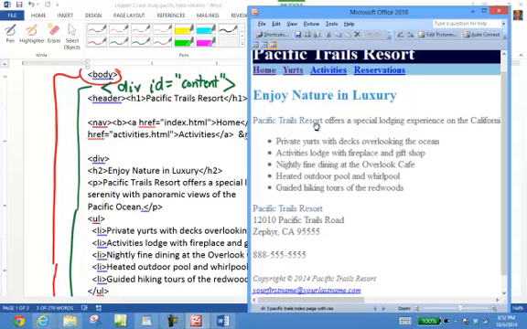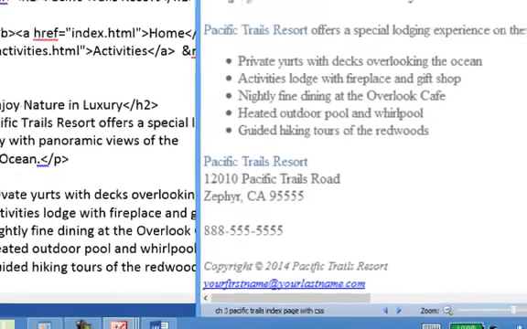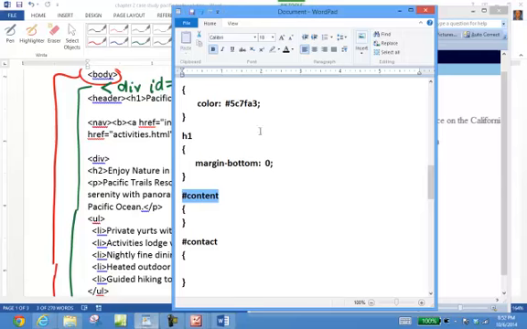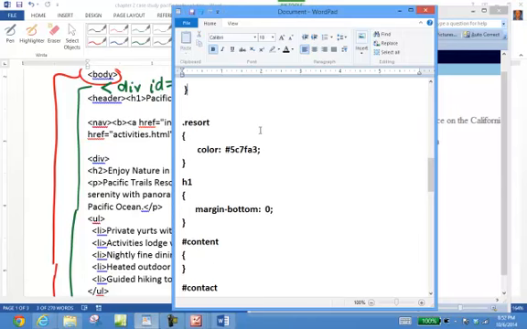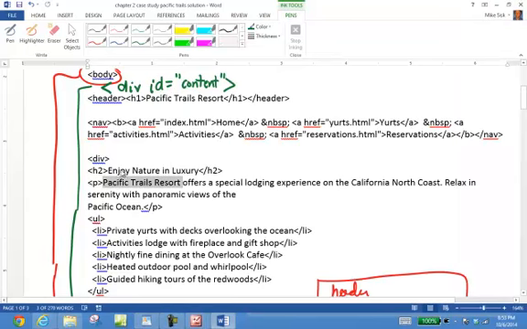Now normally we might do a bold or italics or something like this, but we're going to do this through a definition that we've already made. And if you remember, we have a definition, and it's mentioned in Part C. We had a definition that we did in our CSS sheet that is called resort, and that's right here. And because this is a class, we're going to use this particular class, and normally you would put class right here,